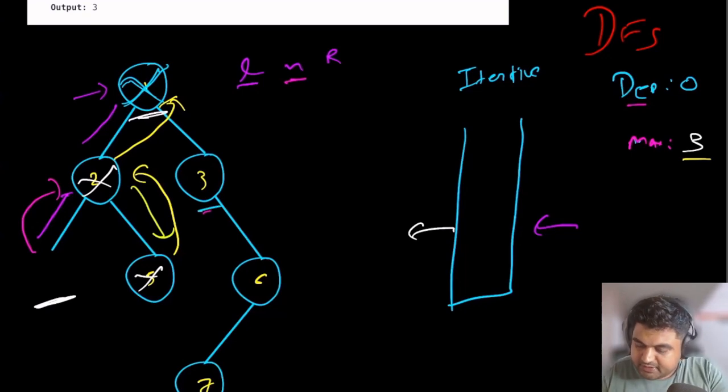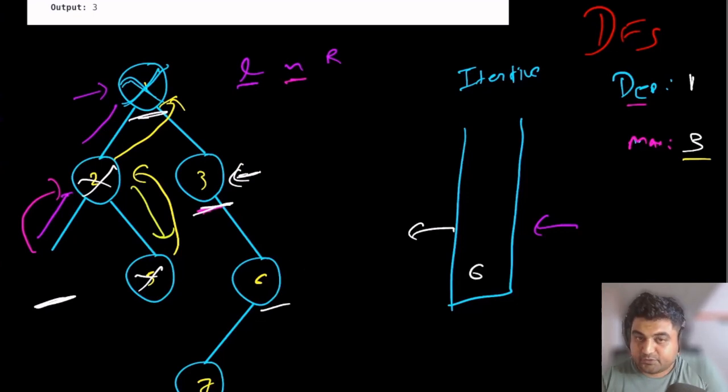Now for node number 3 we are going to put it in, so again the depth is going to change. Now the depth is going to be 1. Again, this 3 does not have any left children, so we are going to process this node number 3, but we are going to keep the depth as 1, because 3 is already located at depth 1 and it still has right children that we haven't visited.